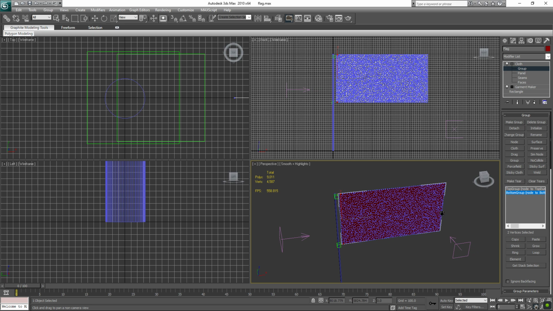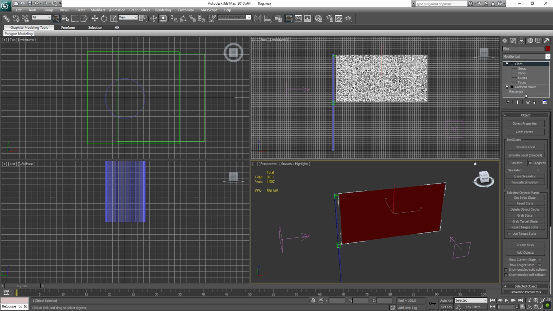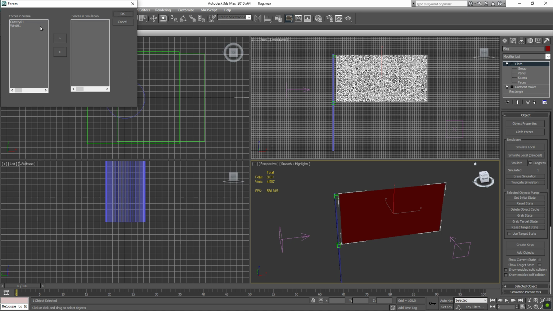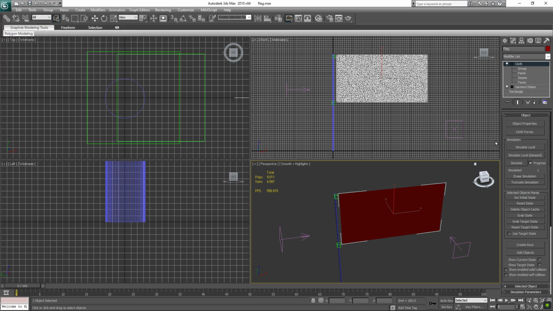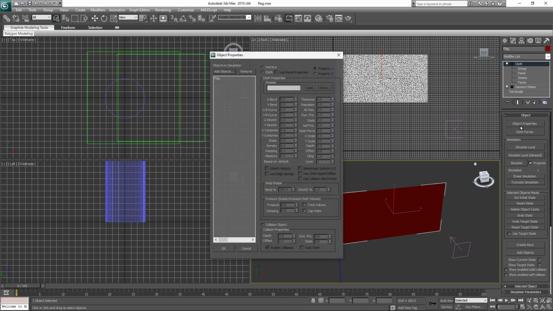It's not going to be just straight, and also we have to simulate the forces on our cloth. So let's switch back to cloth. Click on cloth, then cloth forces, and there is a gravity 0,1 and wind 0,1, those 2 forces that we created in our 3D scene. Click on that and switch both of them to the forces in simulation. Click OK. Next, click object properties and select flag, which is our rectangular cloth, and that's